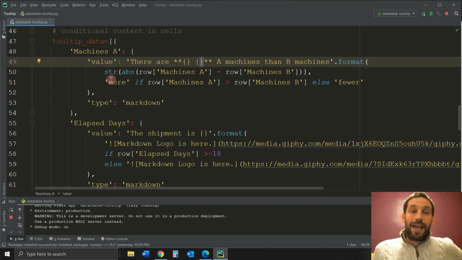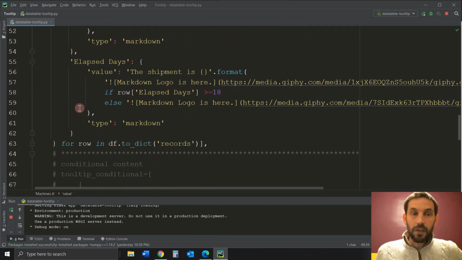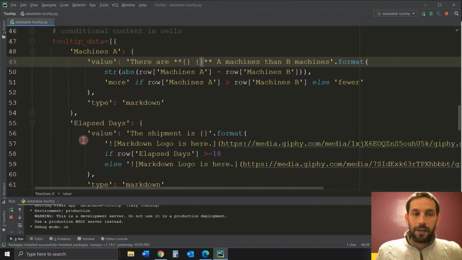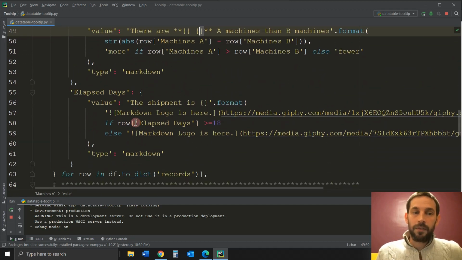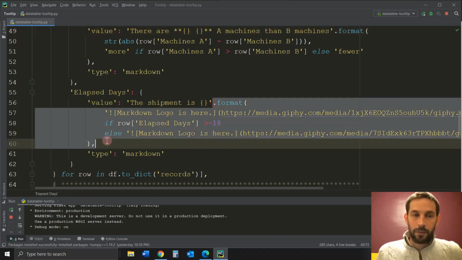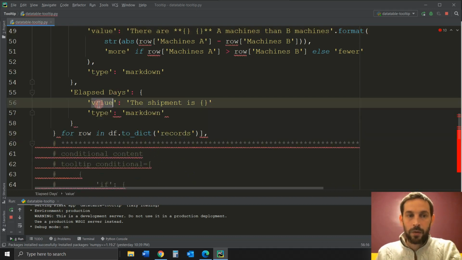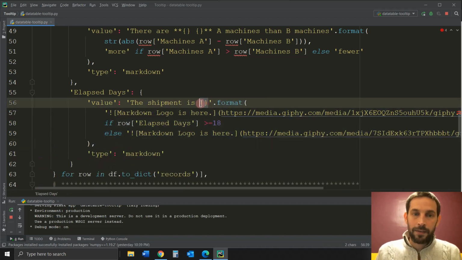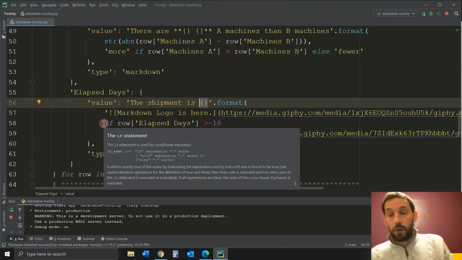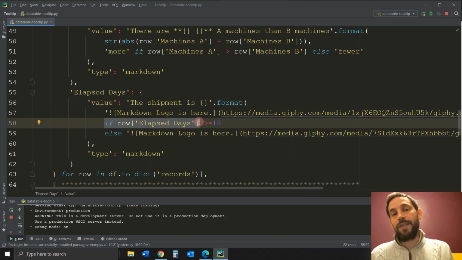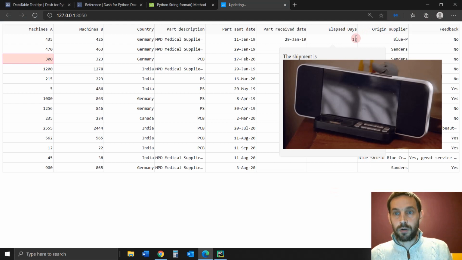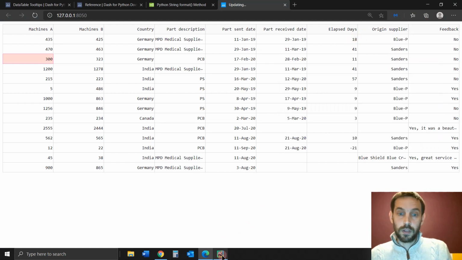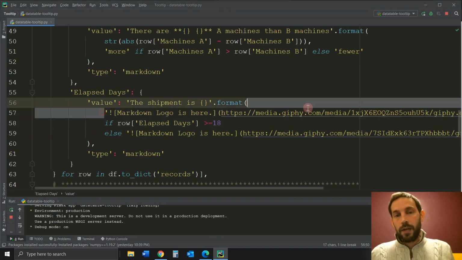All right, so that was the first column. The second column we're doing here is the elapsed days, and we're doing something very similar. We're just formatting this. This is just like a value and type. You don't really need anything else, but we need the format because we're going to put the format inside of this string. We're going to put something inside of here, and what we're doing is if the row of elapsed days, if that value of the elapsed days is bigger than or equal to 18, which it is, then insert